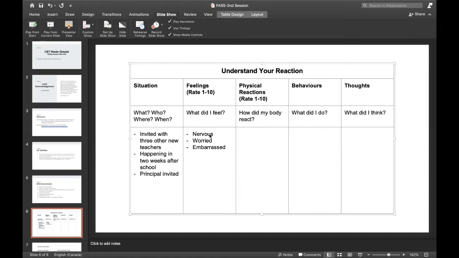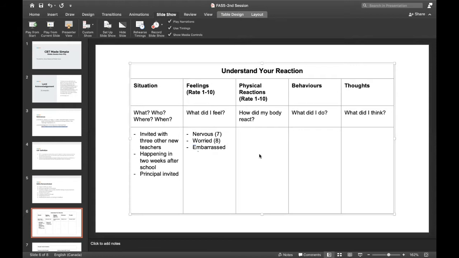You did a really great job of identifying your feelings. I think it would be helpful if we could look at each feeling and rate how strongly you felt them from 1 to 10. 10 would be the strongest you have ever felt this feeling, and 1 would be not at all. Would you be willing to give this a try? Well, sure. Where do I start? Why don't we start with the first feeling you listed, which was nervous? When you think of the invitation, 1 to 10, how nervous are you? About a 7. Okay. The next feeling you listed was worried. If you were to rate this, how worried are you? About an 8.